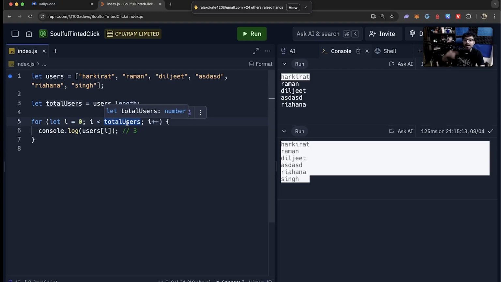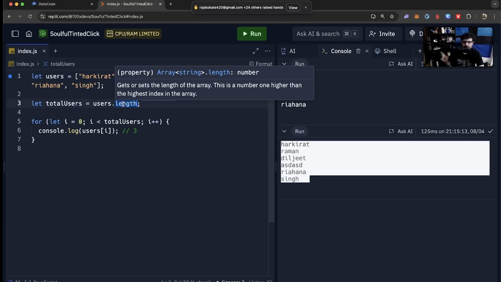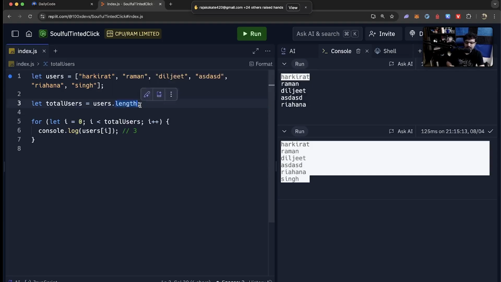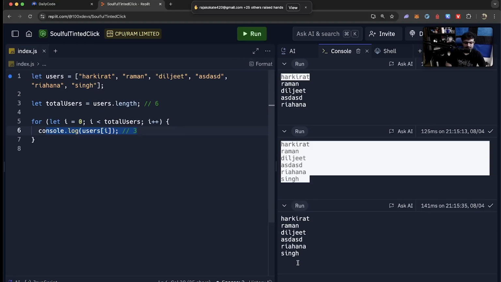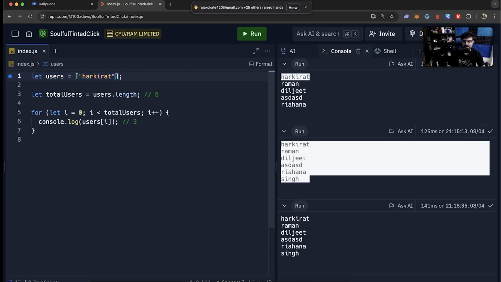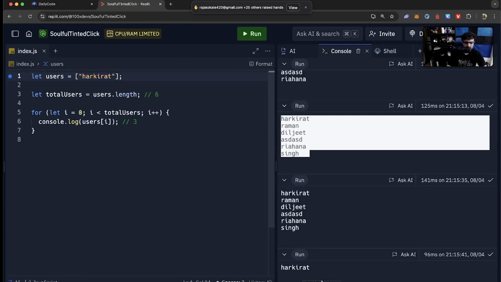This has become dynamic. Users.length is an attribute. Now what is an attribute we'll come to, but if you run this, it returns you in this case 6, and rather than hard coding 6 over here, I say total users. I is less than total users, I plus plus. I log the thing. If I run it, I see 6 values here. If I take this down to just one value in here, only one value gets printed.